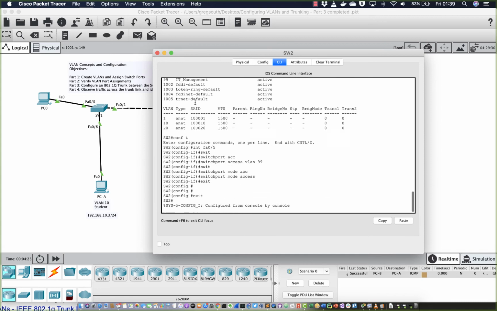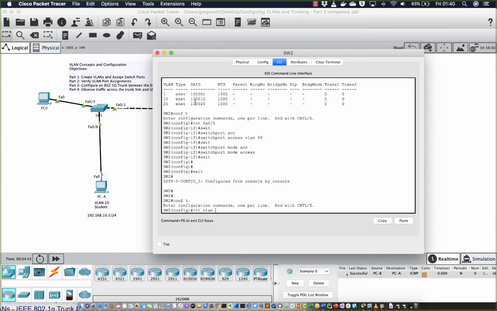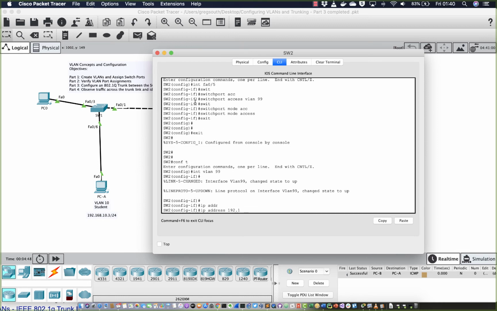Now, what I need to do now is I still don't have an IP interface, a layer 3 interface. Now remember, these switches are acting as layer 2 switches, but in order for me to ping them, I need to have a virtual interface. So what I'm going to do now is say conf t, interface VLAN 99, and then I'm going to say IP address, and I'm going to give it that IP address of